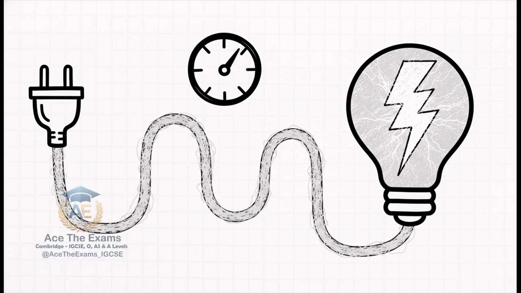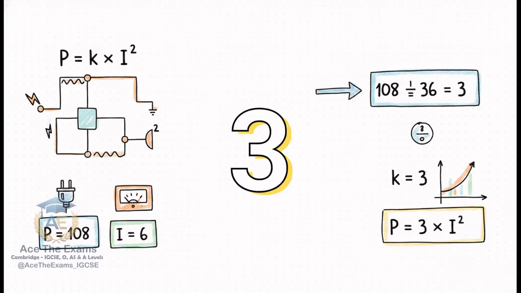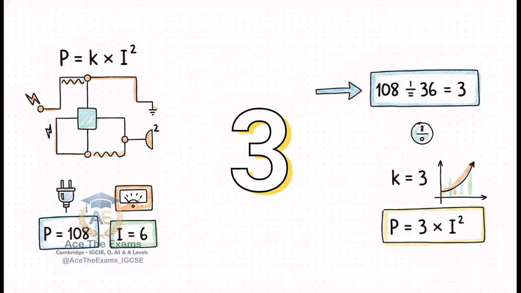Identify the command, proportional to the square. Set up P equals K times I squared. By substituting 108 for power and 36 for current squared, because 6 times 6 is 36, we effortlessly reveal that the constant K for this circuit is 3. 108 divided by 36 is 3. Just like that, you've completely dismantled a complex physics-based math problem using basic arithmetic and a